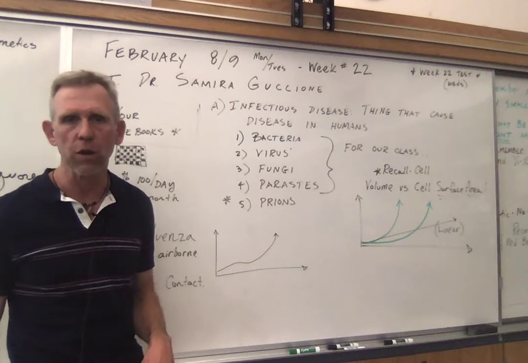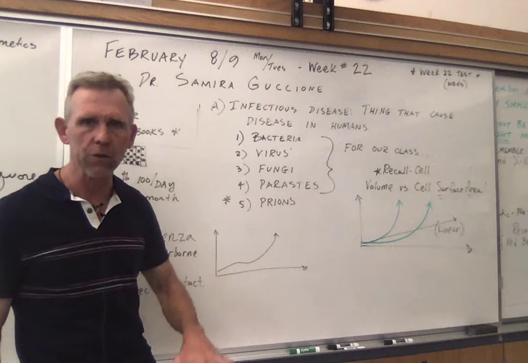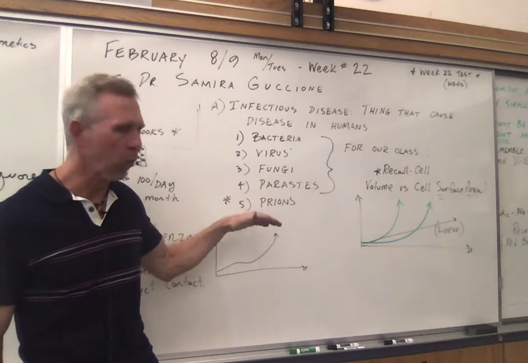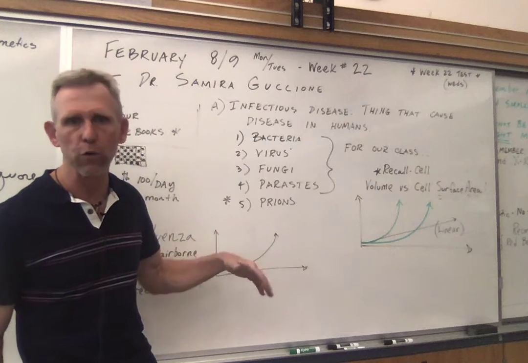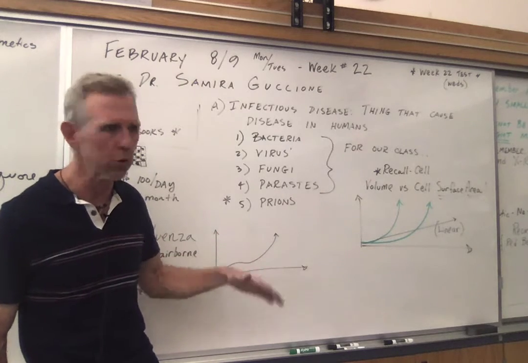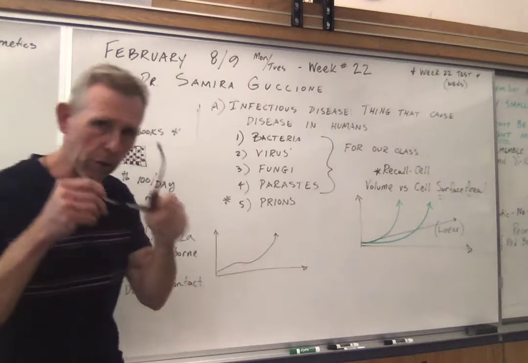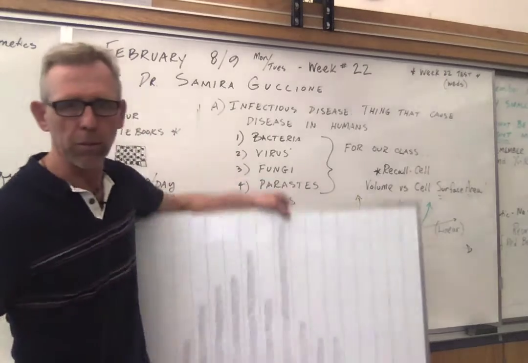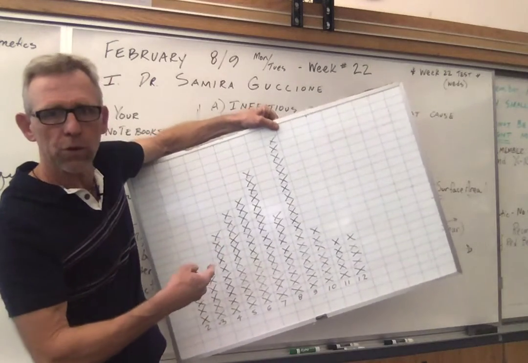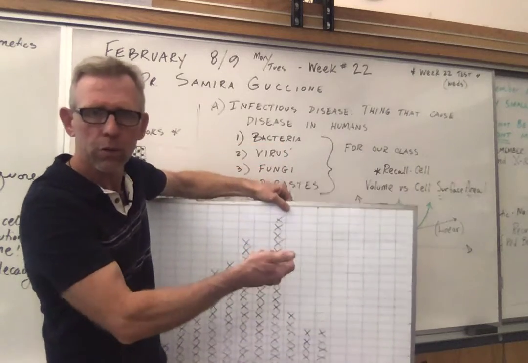One of the cool things that Dr. Guccione started us off on today was talking about the crossovers between math and science. In other words, when we're looking at graphing the viral load, we're looking at graphing how quickly, for example, bacteria and viruses can reproduce. We've seen some of these curves before in this class. You might remember too, and put on the glasses here, I still had this in the back of the classroom, so I wanted to pull up again and show you. We used a little bit of math here doing bell curves. You saw that we had a lot of number 9s when we were rolling the dice.